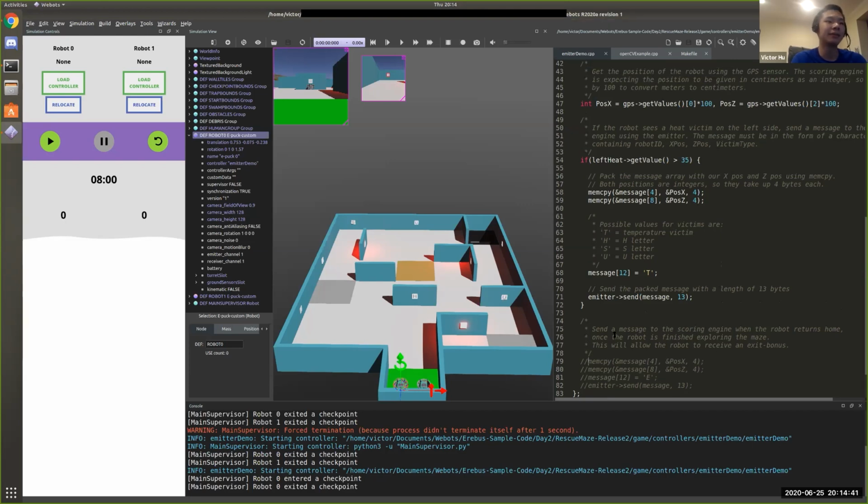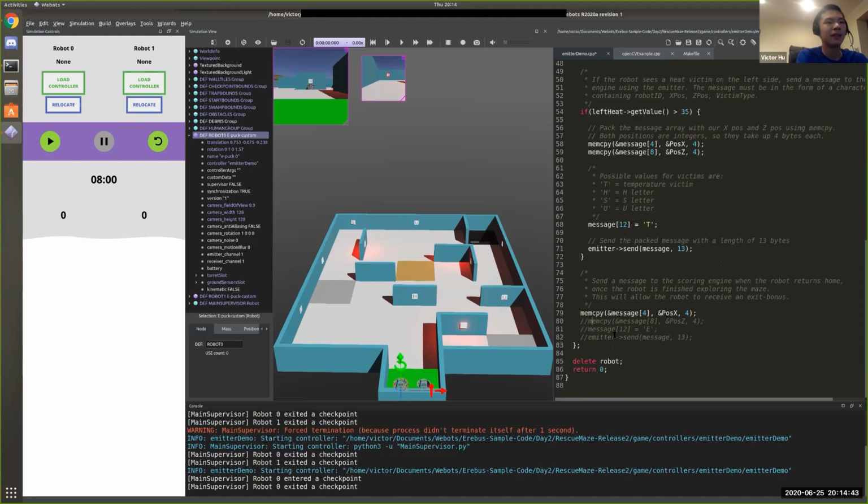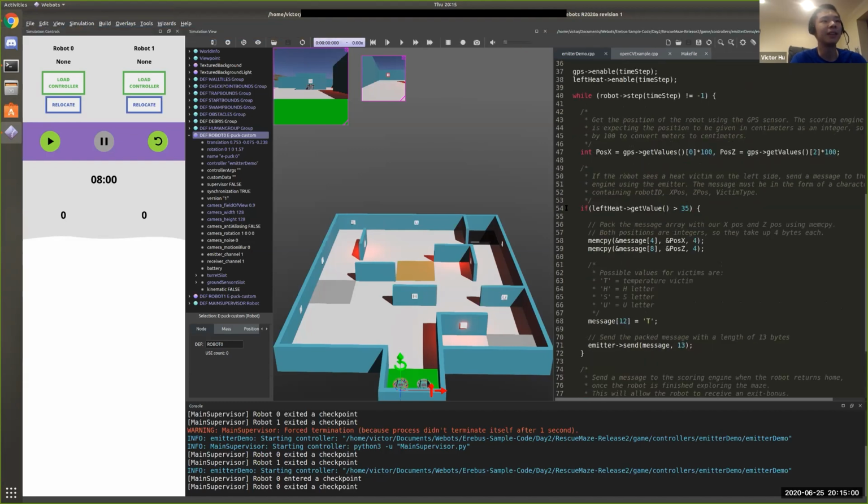So down here, the only difference is that instead of sending T, H, S, or U, you send E, which stands for exit. And all you have to be is in this green square, which means your home square, when you send the message. So if I comment this part out,